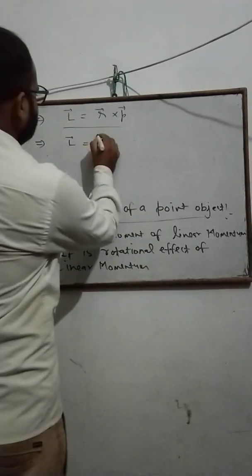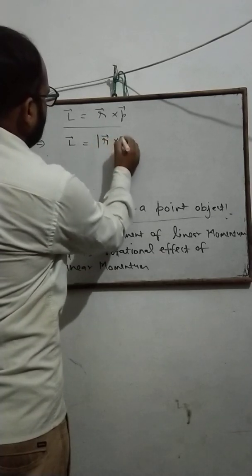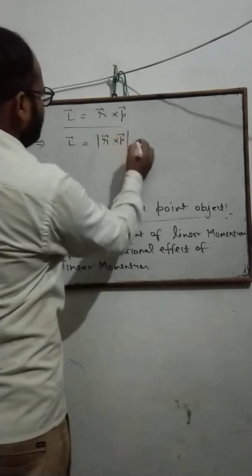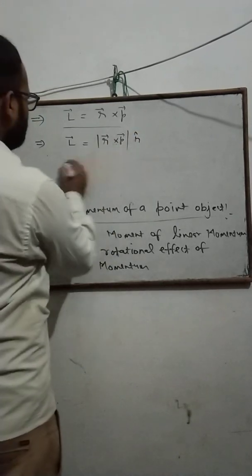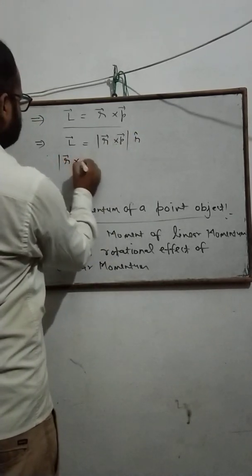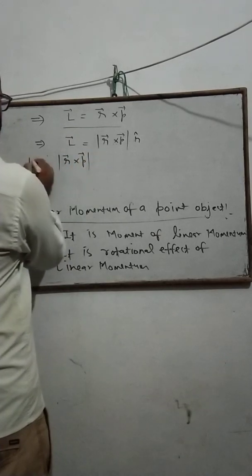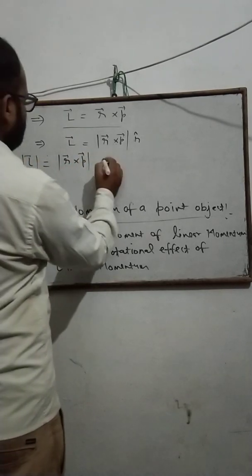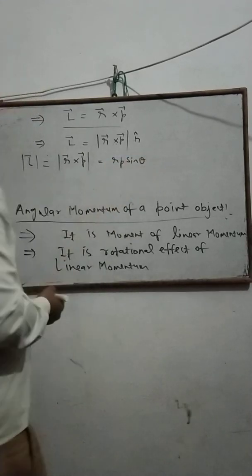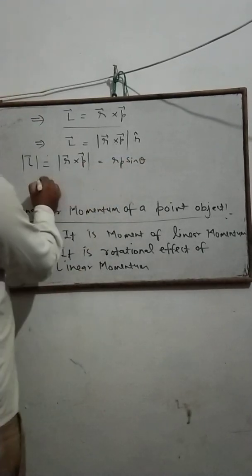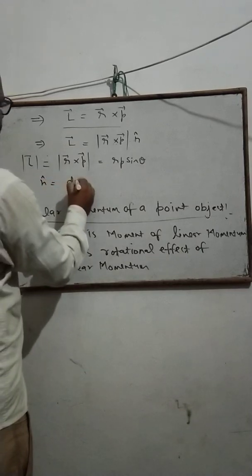The magnitude is r into p into sine theta, and n cap is the direction